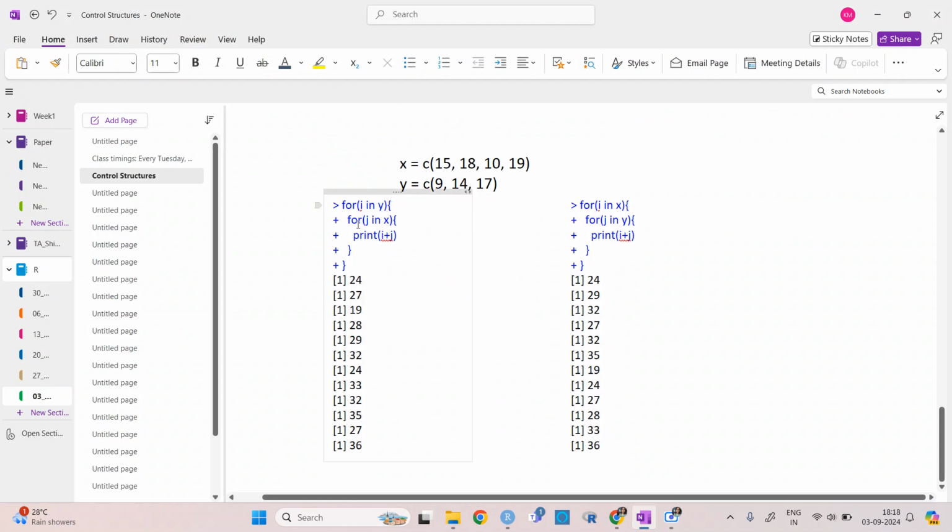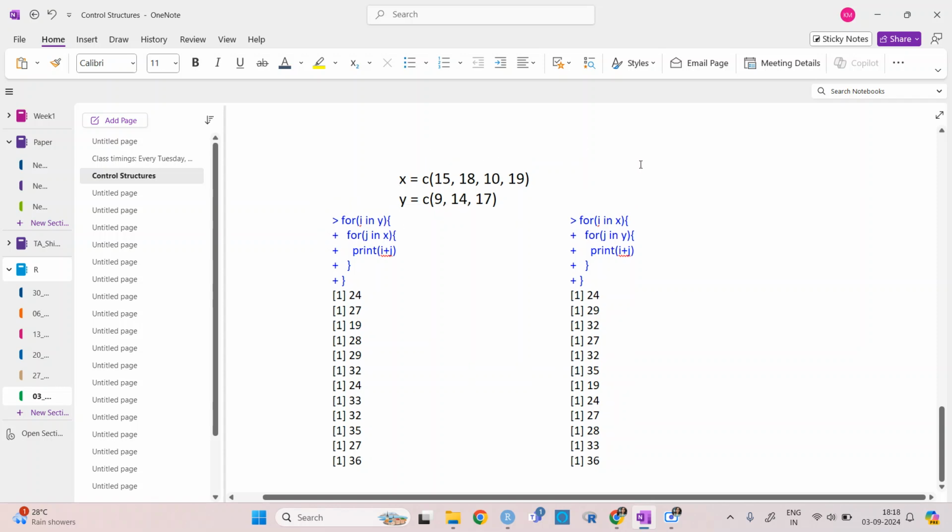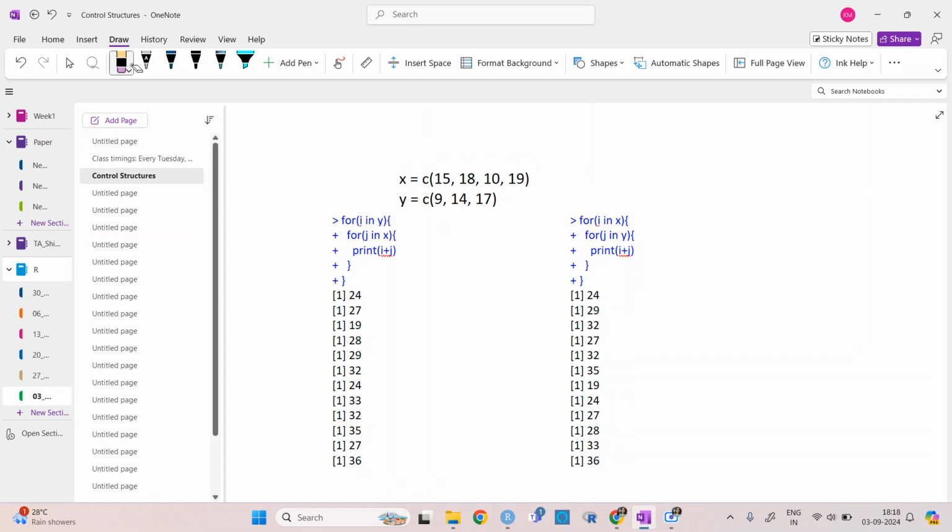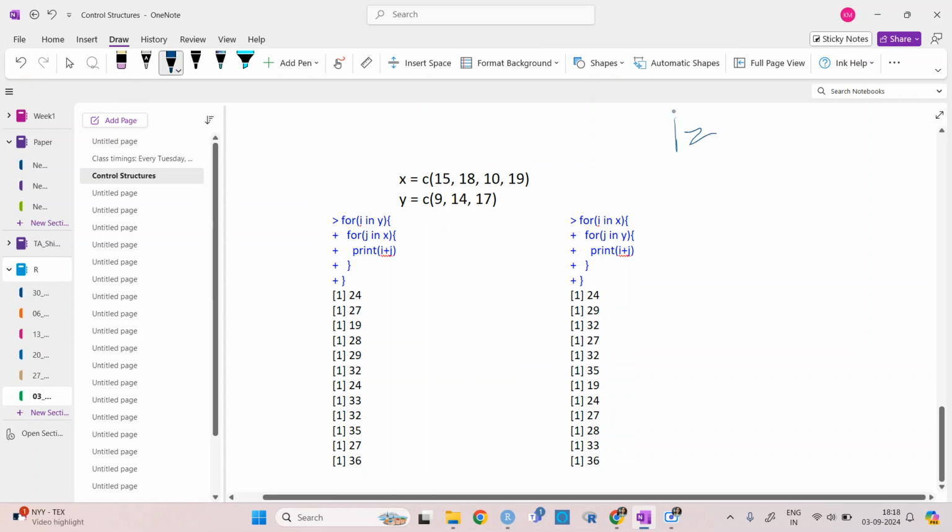So what happens is that here we have given for firstly x, and here we have given firstly y. Firstly it took i in y. So i in y is 9. So i equal to 9, right?